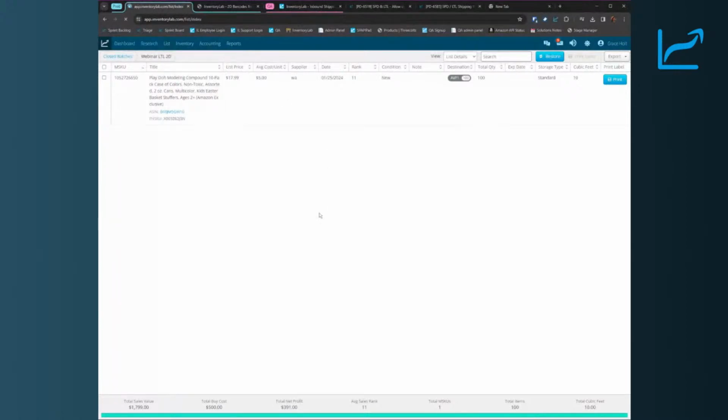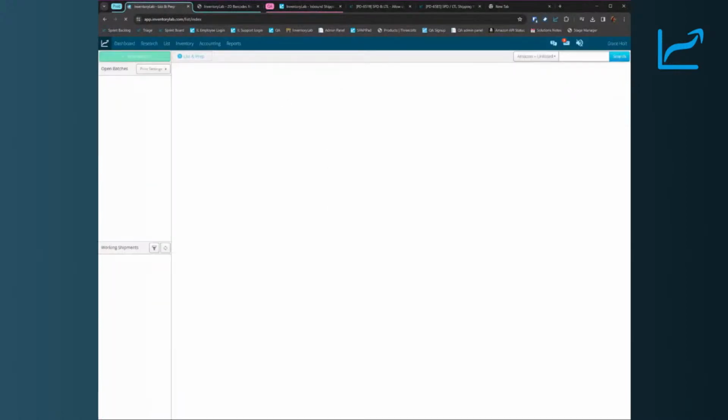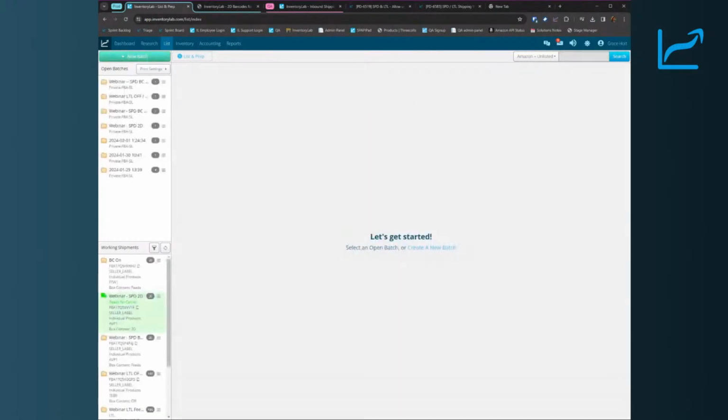And if I go to list and prep, which takes a moment mostly because of my Wi-Fi. I just want to point that out. All right. We can see here again that it is a green shipment. Green means good, ready, and